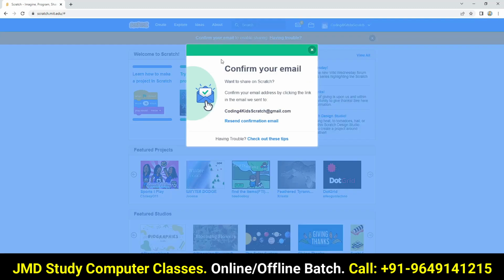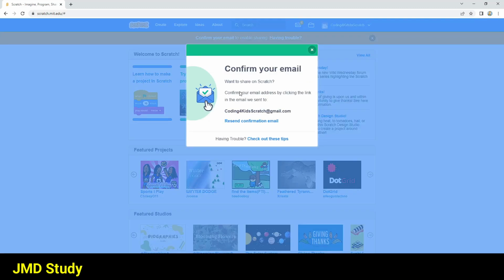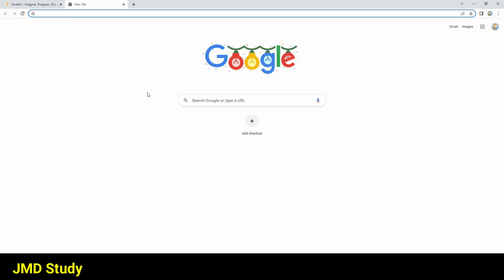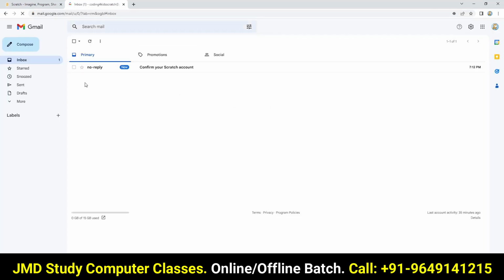So you can click confirm your email and it'll tell you what to do, but we're going to go through it anyway. So just go to your email. For me, I use Gmail and I'm in Google Chrome. So depending on your browser and what type of email you use, it might be a different process to get to your email. But you're just going to go to your email, and then you're going to check your inbox